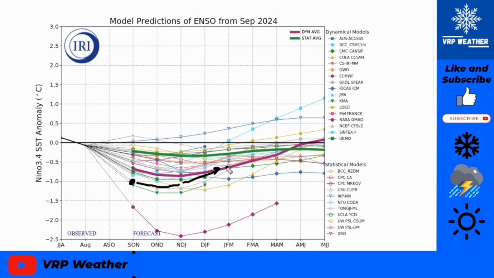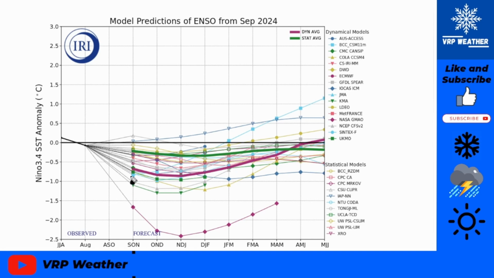So for January, February, March, the dynamical is between 0.5 and 1, which is kind of like a weak La Nina, and between 0 and 0.5 is about a cool ENSO. Cool ENSO is the most favorable for snow lovers out there in the east, while the dynamical would be less favorable. We'll have to see what happens with that negative 1.0.